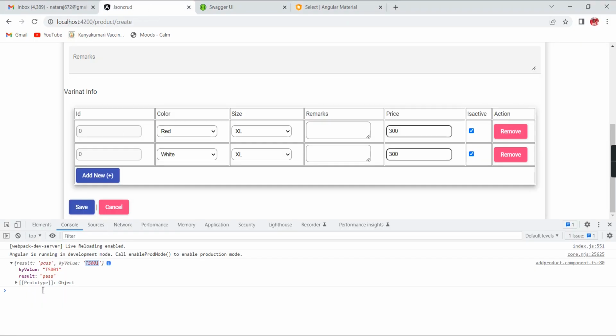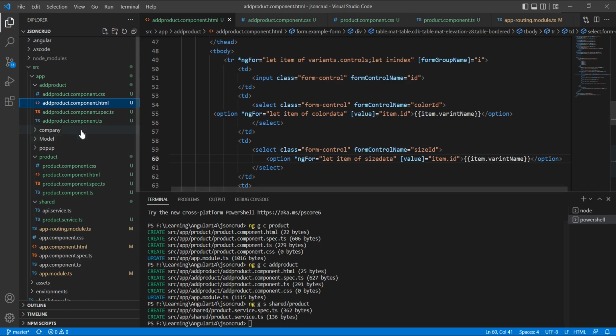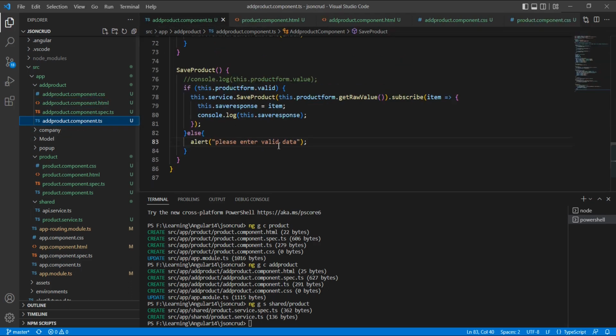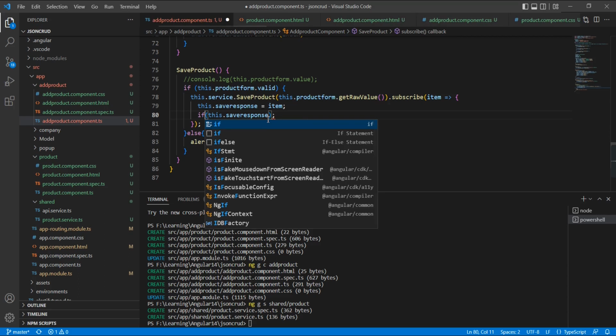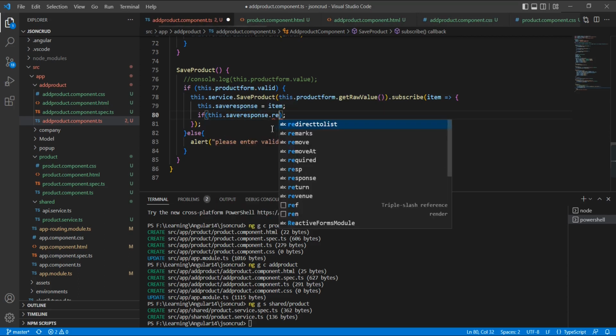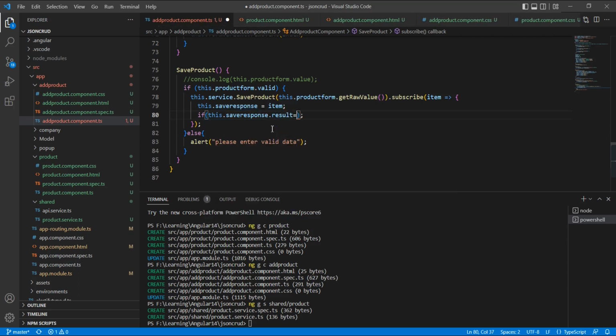Here we have to use this result. If result is pass, we can give the success message. And also we need to redirect to our listing page. Okay. So if result double equal to pass,